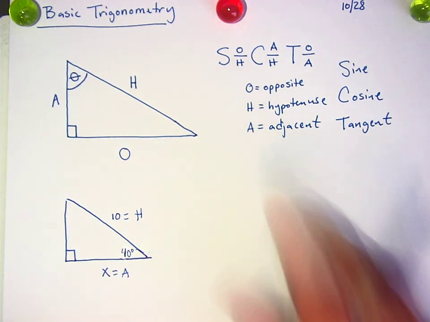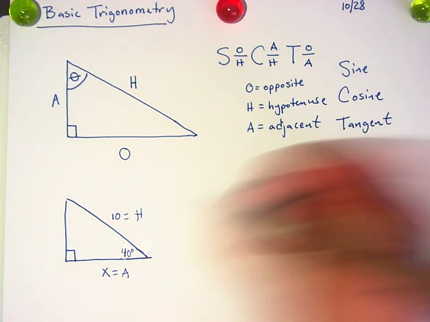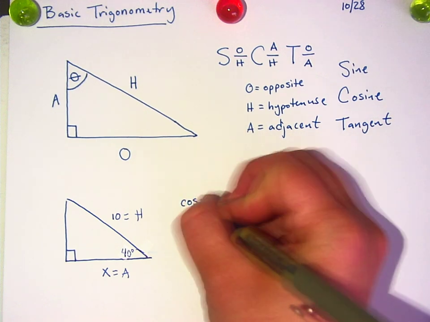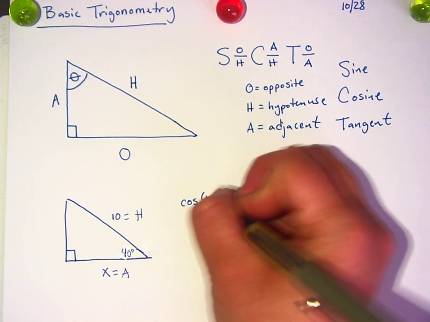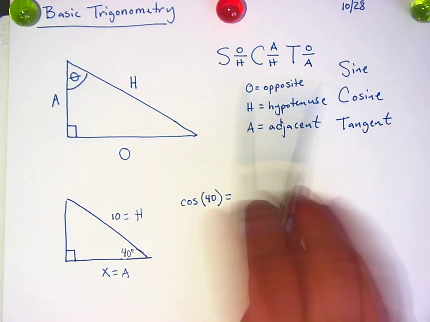Okay, so which one are we going to use? Sine, cosine, or tangent? Cosine. I love you, but not that much, okay? Like, I don't know why this bothers me so much, but it's been the bane of my existence, so careful. So the cosine of 40 degrees equals,